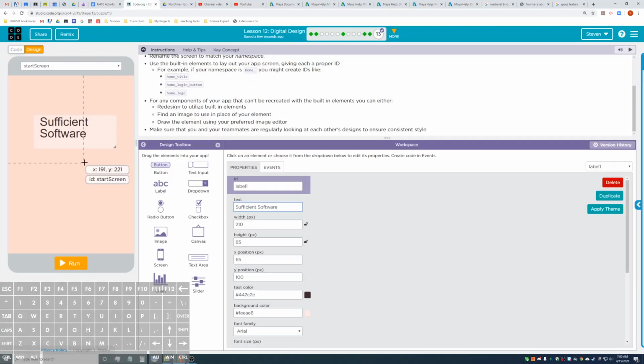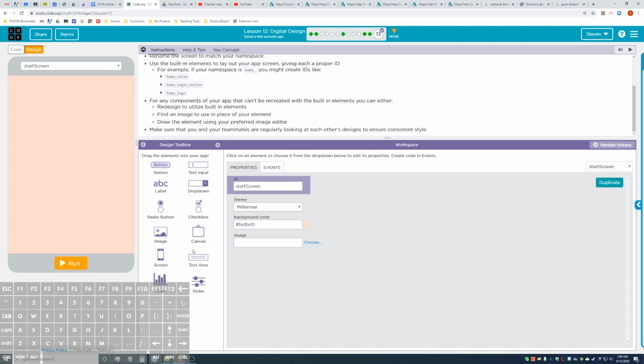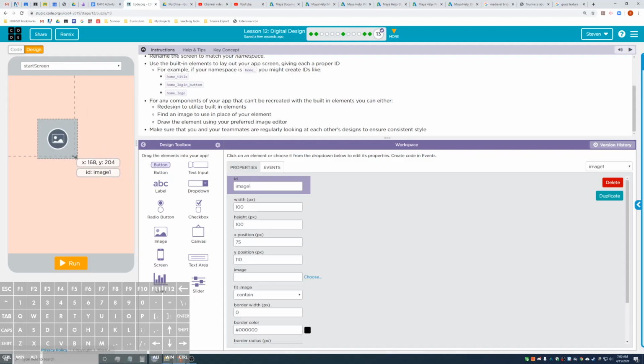Maybe I'm not going to use a text. I'm going to delete this. So you can hit delete right here. And I'm actually just going to put an image. It's going to be an image that says Sufficient Software. Now, obviously, I'm going to have to make this image separately and put it in later. So for now, I'm just going to call it